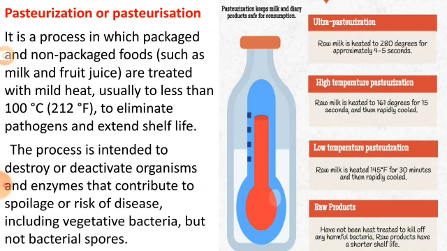Our next point is pasteurization. What is pasteurization of milk? This is a simple definition. Pasteurization is a process of heating milk or other dairy products, not only milk, this process is used for other dairy products also. It is a process of heating milk and dairy products to a temperature which destroys nearly all of the microorganisms present in the product without seriously affecting the composition or properties of that product. So, this is the simple definition of pasteurization.